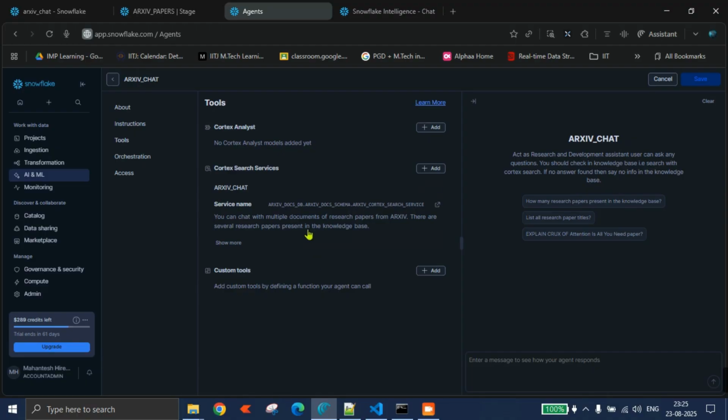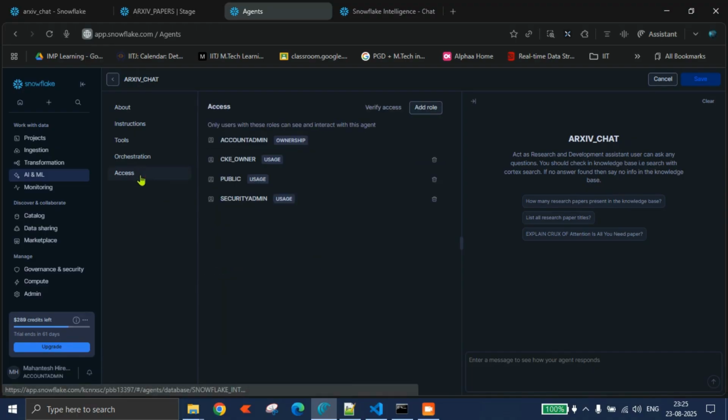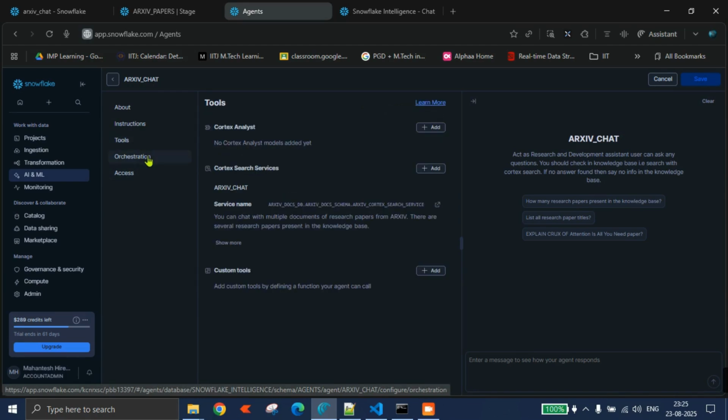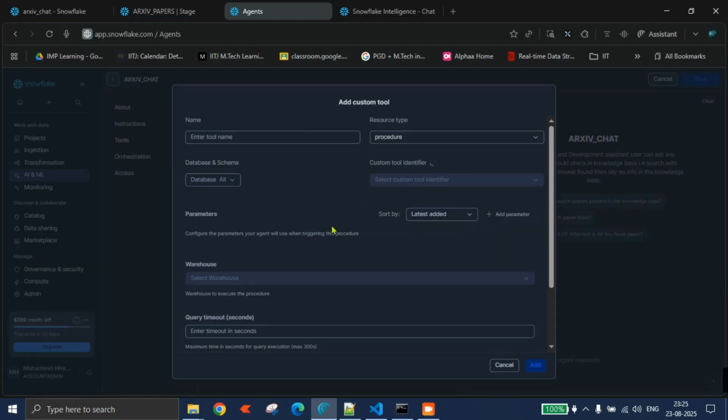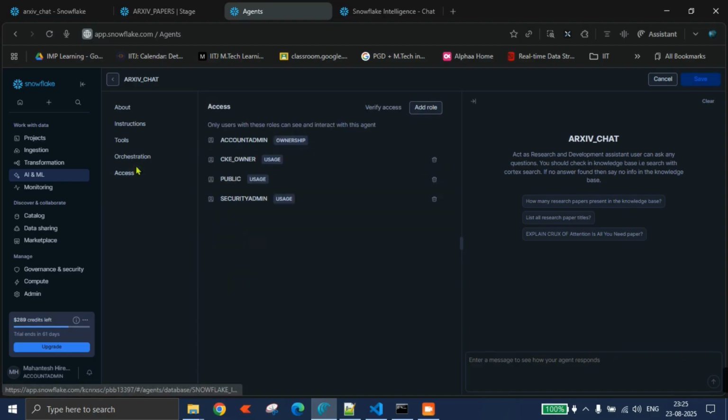PDF parsing, and this is not a normal RAG, but an agentic RAG, where it will understand your complete query, and it's not just a semantic search or keyword search. More on that. So let's come to the demo. And this Cortex analyst, when I have a totally different structured data set, Excel, CSV, and all, in that case, this is helpful. But here, again, the custom tools, we can customize and access orchestration,